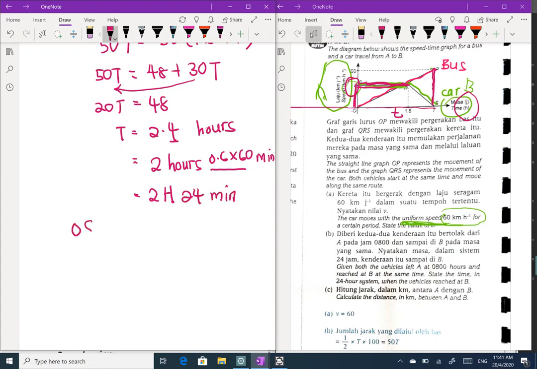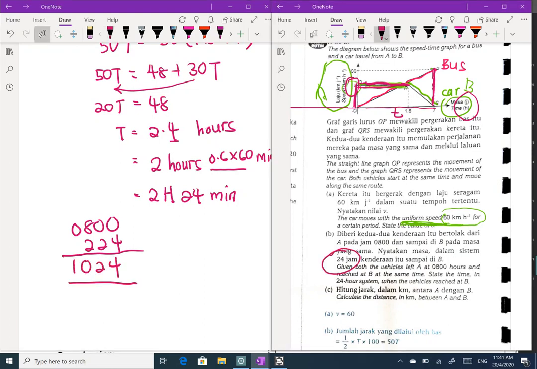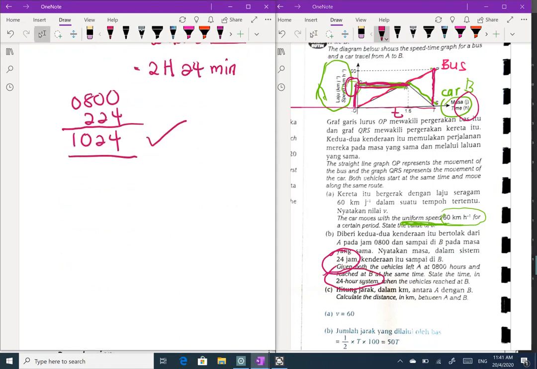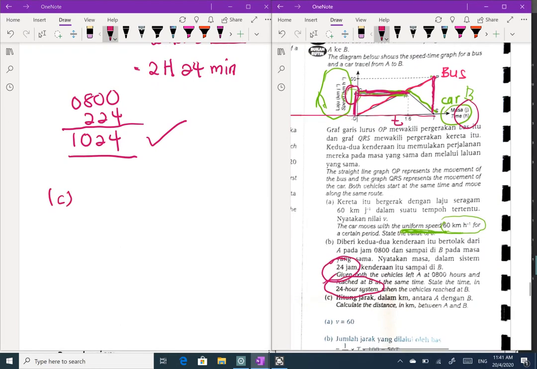I start at 8 a.m. plus 2 hours 24 minutes, so it is 10:24. I want 24-hour system. So the answer is like this. 24小时的写法。